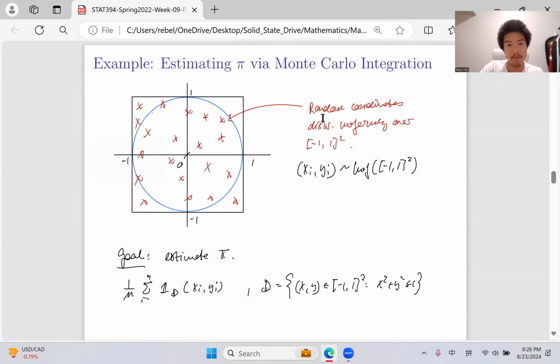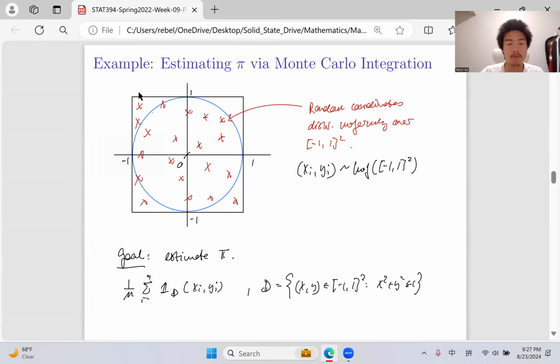So what the question setup is: we have a unit square, maybe not a unit square, but double the size of a unit square. So this is 1, this is 1. So it's not a unit square, but a square with side length 2 and an area of 4. That's the setup. So its area is 4. And now we're estimating pi. And we draw a circle in the center.